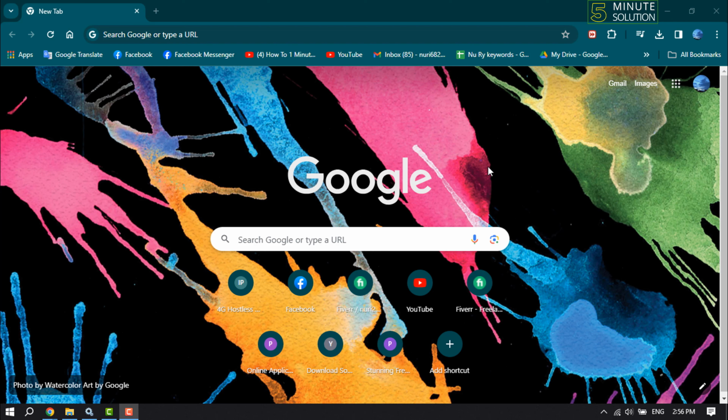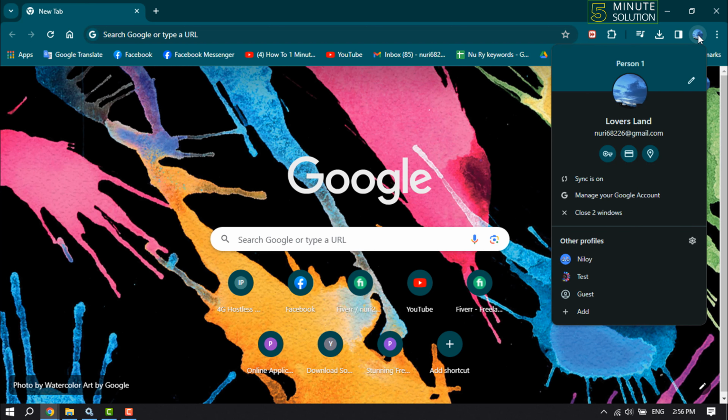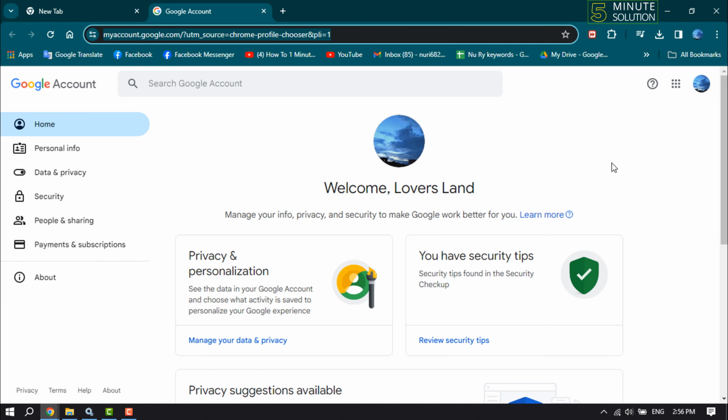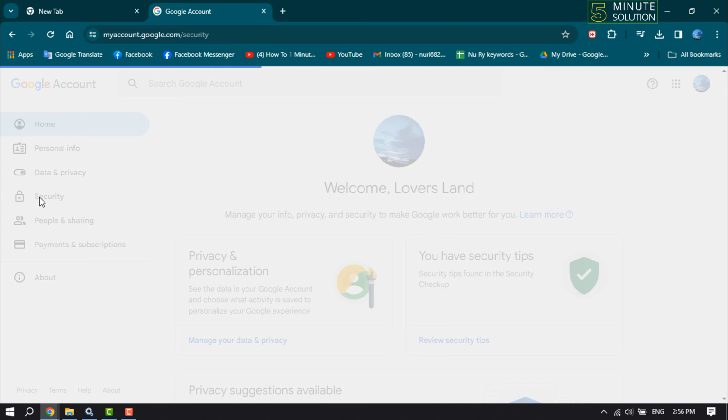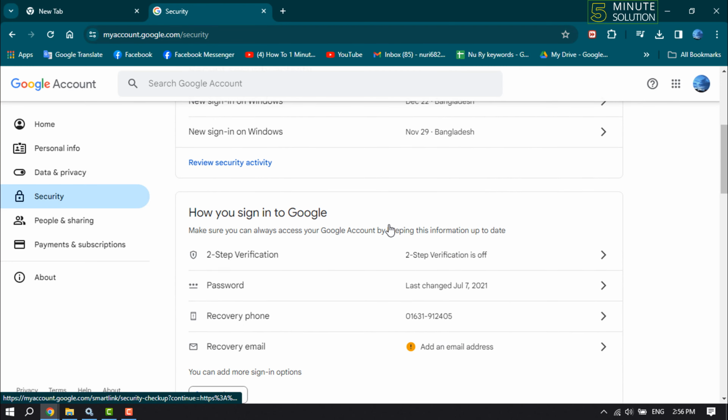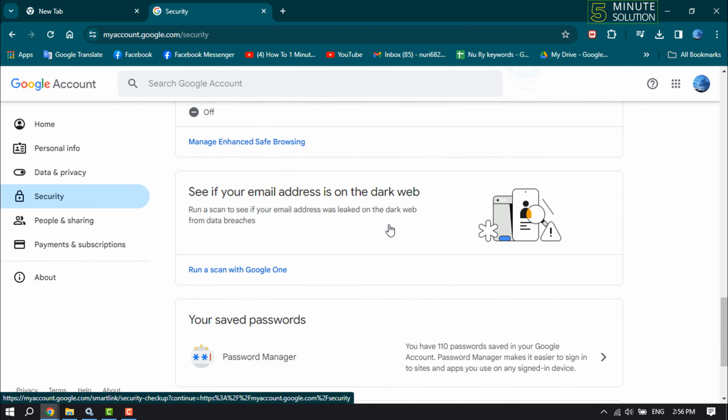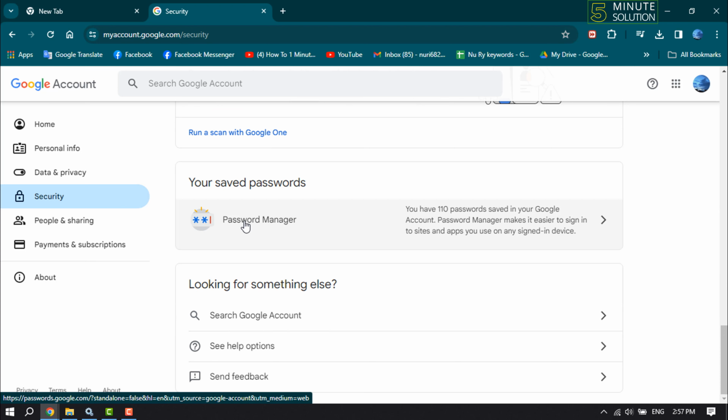Open your browser and click on your Gmail ID and click on manage your Google account, and here select security and scroll down. You will get here password manager. Click on it,